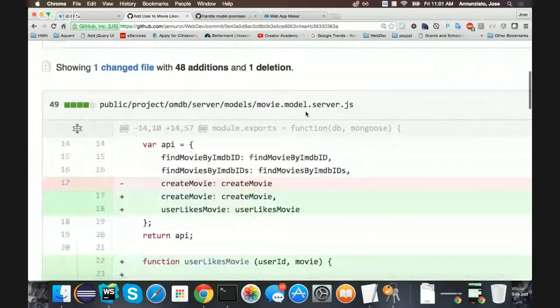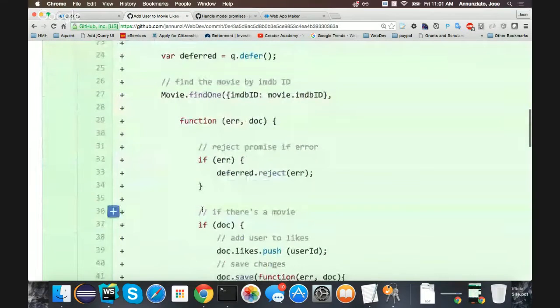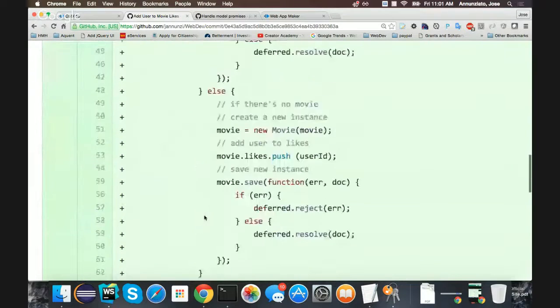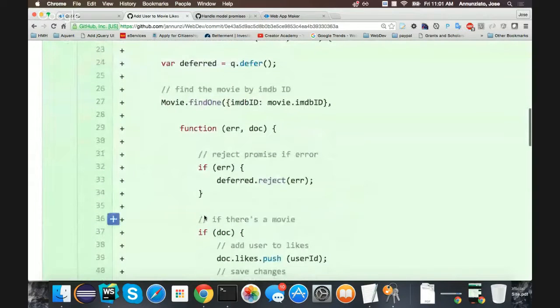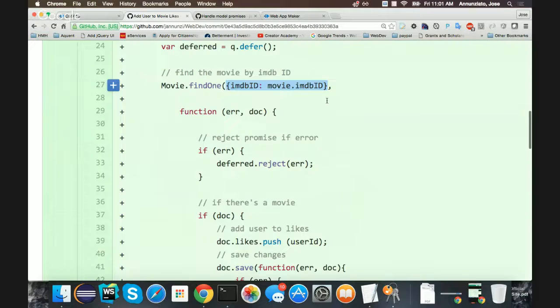There it is in the model, right? I added user likes movies, right? User likes movie. So I copied all that. I put it in here, and the way it's implemented is I will fetch the movie. I will fetch the movie using IMDb, using find one, right? That has that IMDb ID, right? Once I have the movie